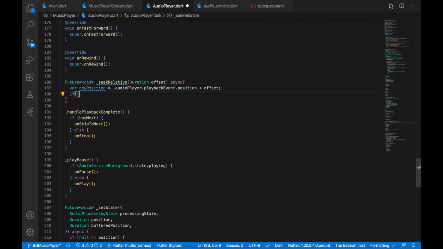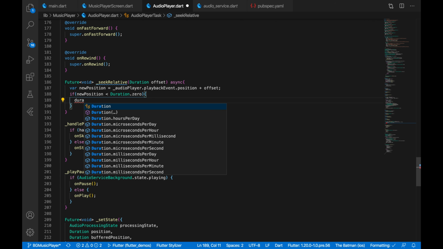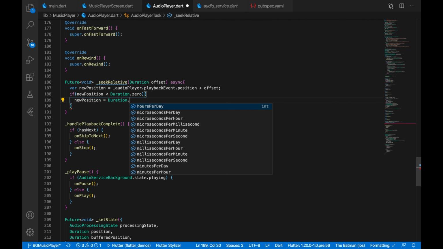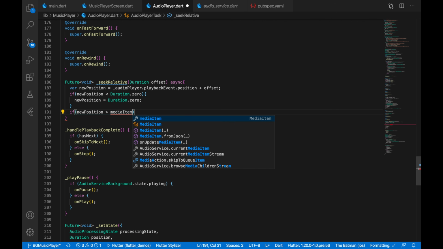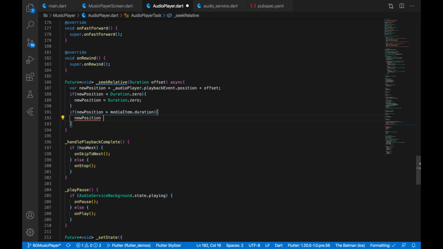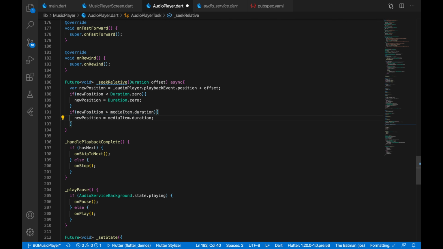So we are going to check if the new position is less than duration dot 0, then we will set the new position to duration dot 0. Okay, now we need to check the other boundary condition, new position greater than media item dot duration, then new position is equal to media item dot duration,